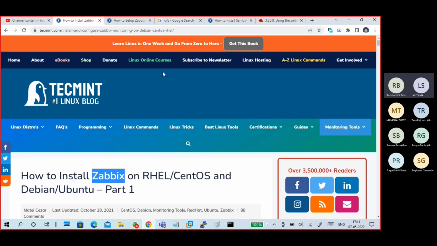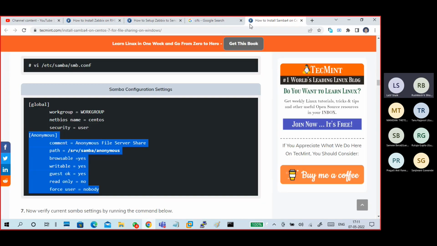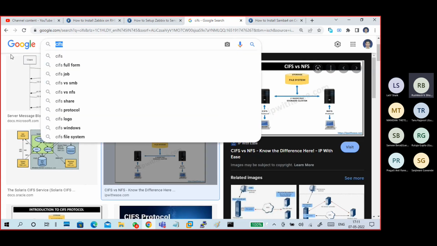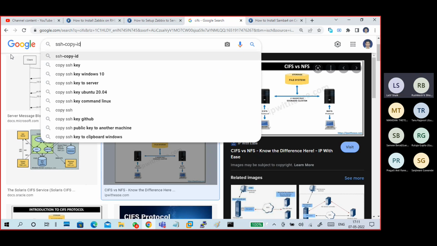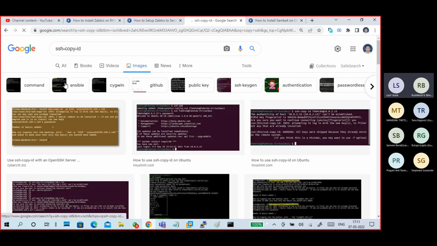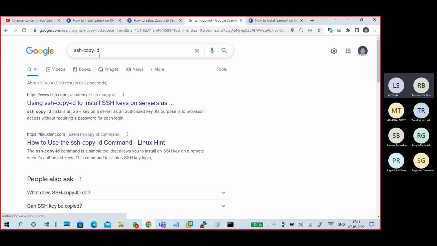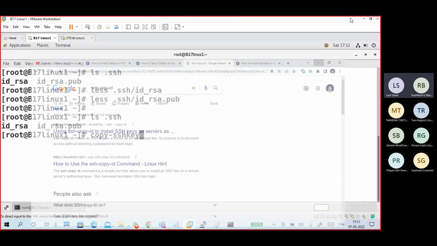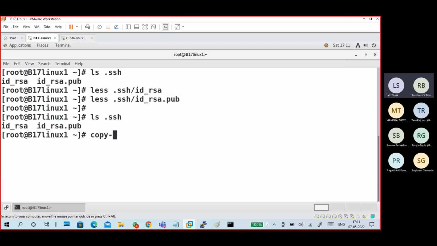One second, I will just confirm the command. Yeah, ssh-copy-id. That is the command. ssh-copy-id